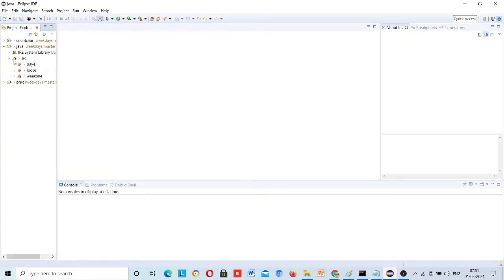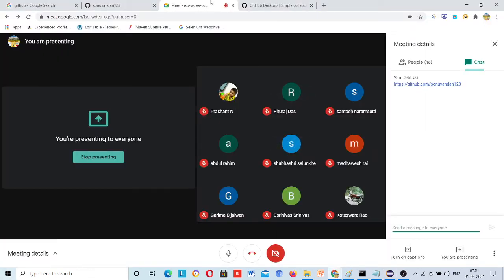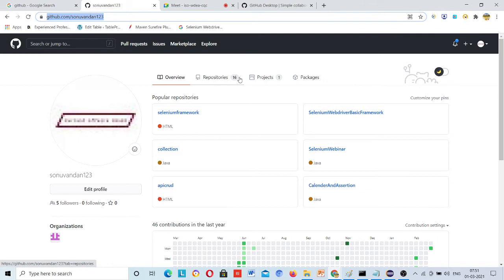Suppose I want to share this whole code so that you can refer to it. So what I will do is go here in GitHub and first create a repository. Repository means a folder over here, so that you can refer to it.